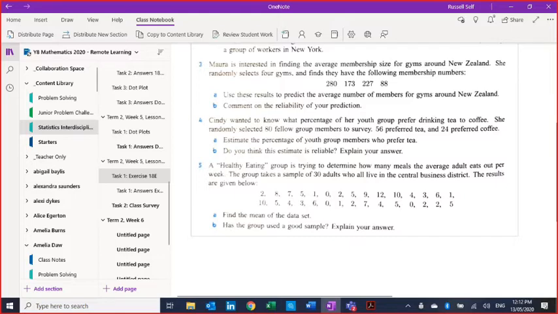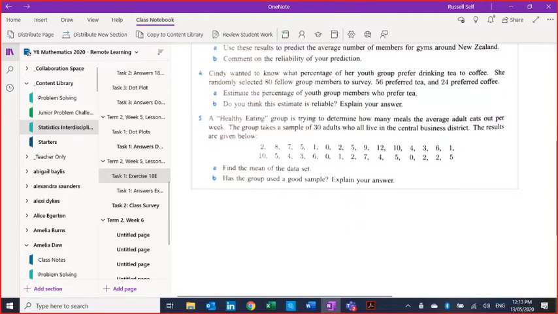All right, look at number 3. Mara's interested in finding the average member size for gyms around the world. She randomly selected 4 gyms and found the average numbers. Use these results to predict the numbers of gyms for New Zealand. So predicting the mean. Okay? But what about the reliability of your prediction? All the gyms in New Zealand? It's not reliable because... Yeah, because it's only 4 gyms. Right. There are a lot more than 4 gyms in New Zealand, right? So only choosing 4 is not really going to be very reliable. You can still estimate an average or a mean, but it's not going to be very reliable if you only choose 4. Okay,